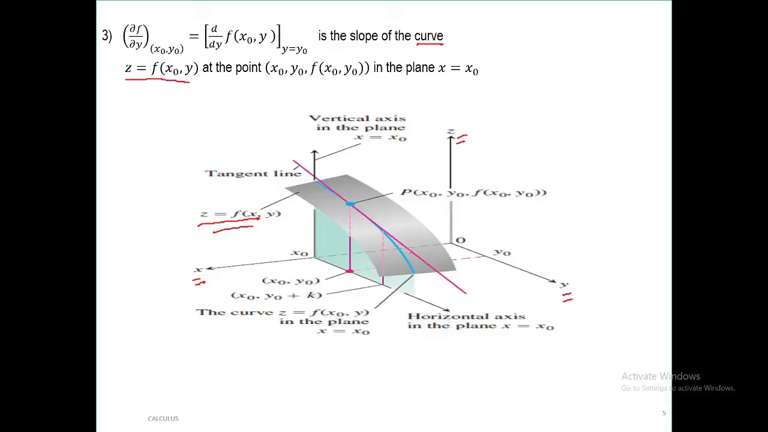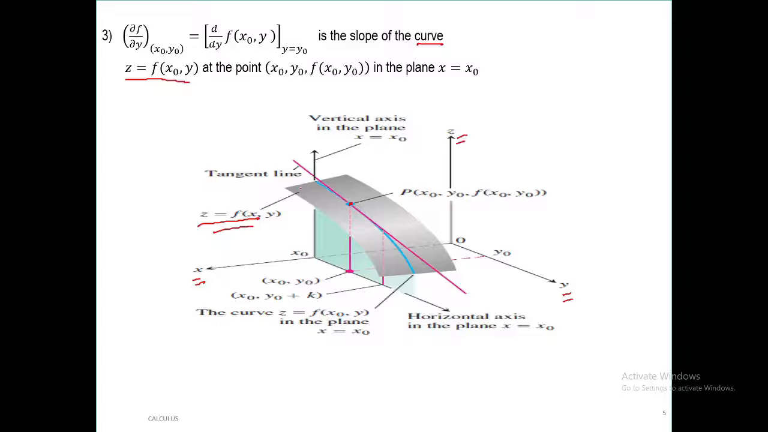Therefore, this tangent slope you will get. This pink color one is a tangent at this point. What is this point? (x naught, y naught, f of x naught, y naught). At this point, you are finding the tangent. And the slope of this line is nothing but dou by dou y of f of x naught, y naught in the